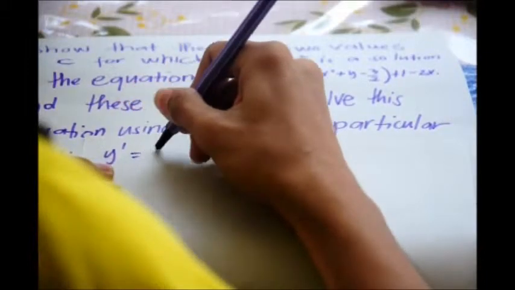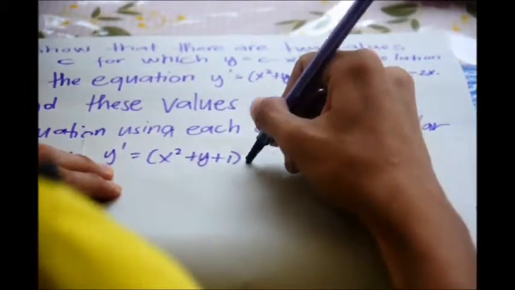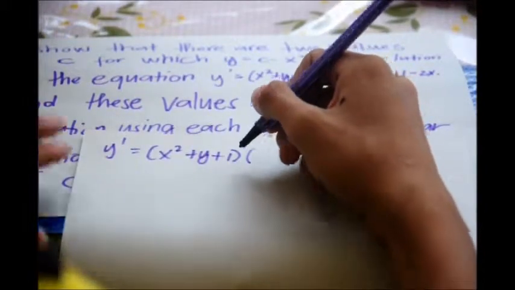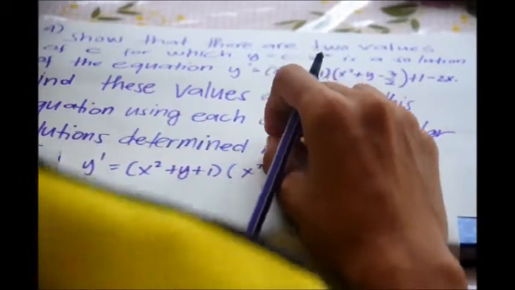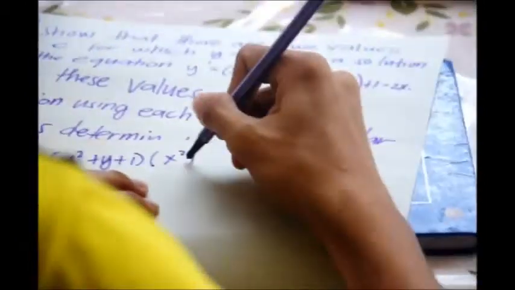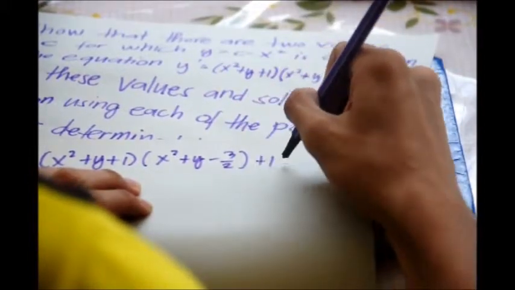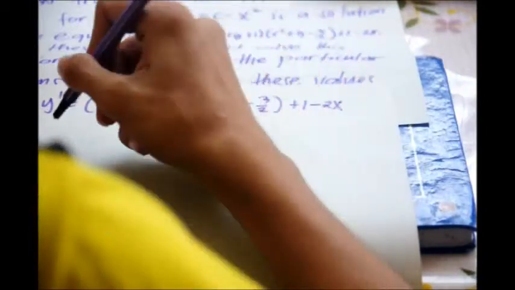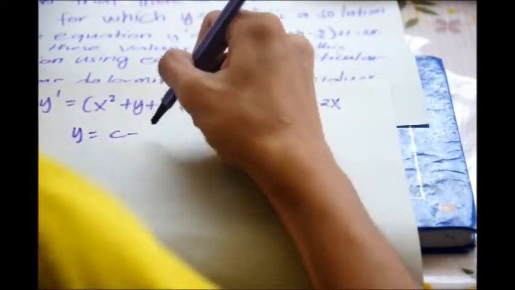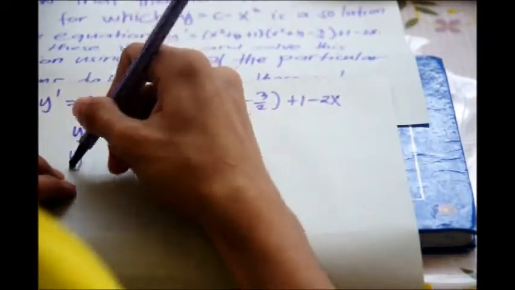Y prime equals x squared plus y plus 1. Given that y equals c minus x squared, get the derivative from